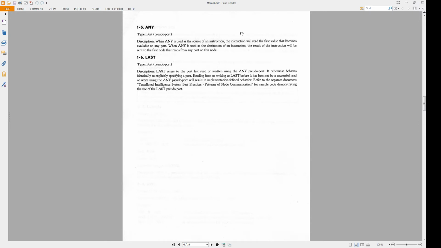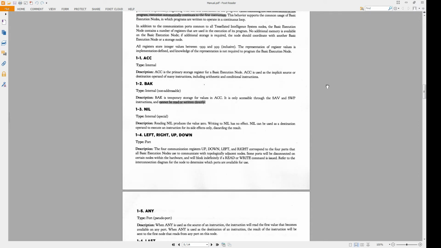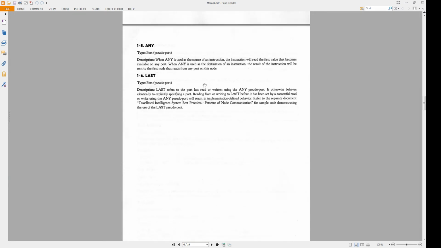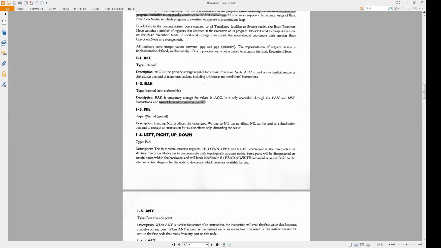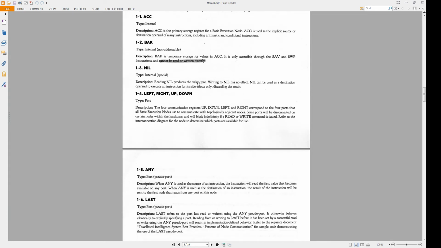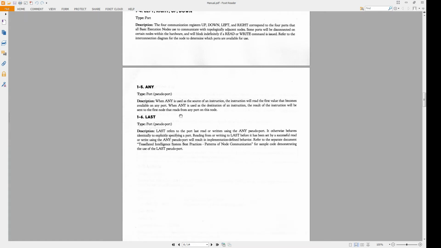This is important. This is the architecture. This is what we have. We have a number of registers and a few ports. Okay, that's all we have. We have the accumulator, the backup for the accumulator, the nil register, which only has zeros and you can dump stuff in there, left, right, up, down registers, any register, which can be used as a source or a target,